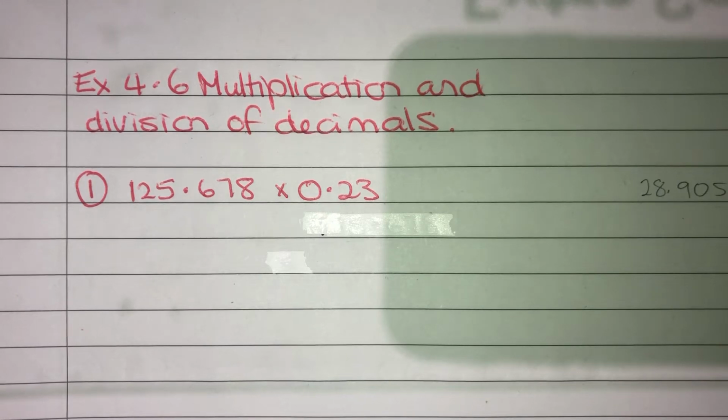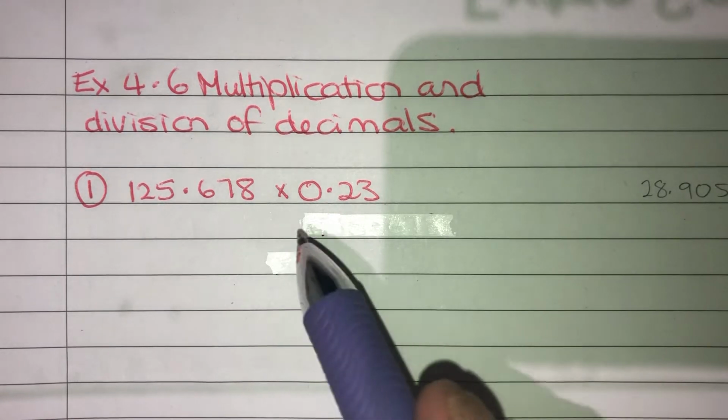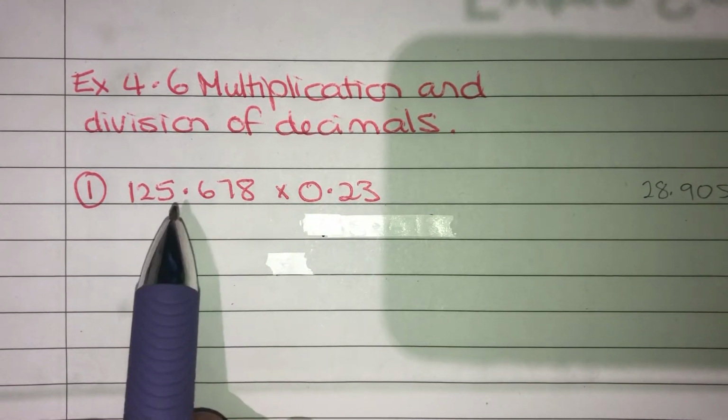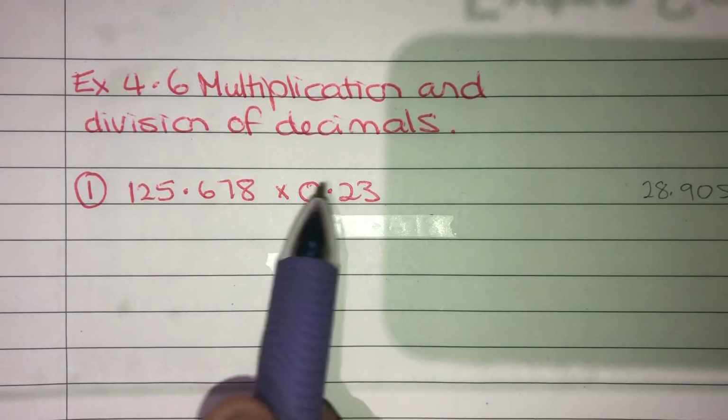Okay, so now we are going to do multiplication and division of decimals. Can you please write the heading and pause the video if you need to. So similarly to addition and subtraction, we need to write these out so they work for us. Now, the way we're going to do multiplication is we're going to forget about the decimal places until we get